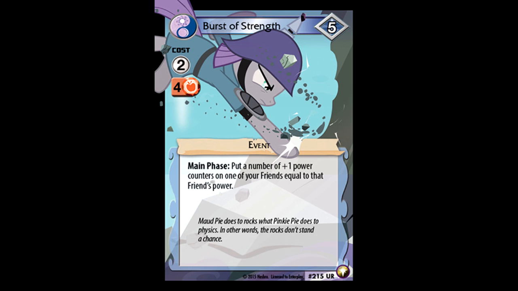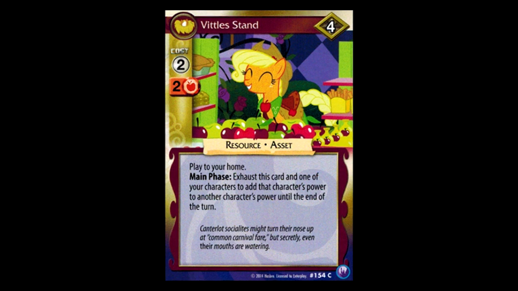Because that would just be ridiculous. That character would hit like a rock. So a truck. That character would hit like a truck. Okay, getting onto resources, we're just immediately going to look at Vittle Stance because it is the best resource that